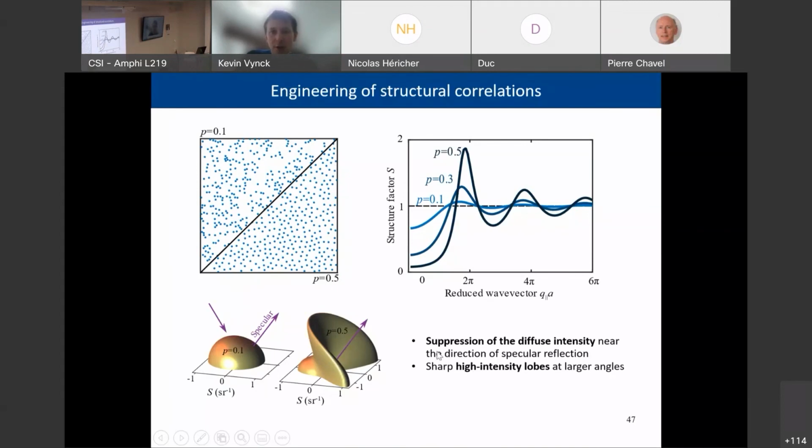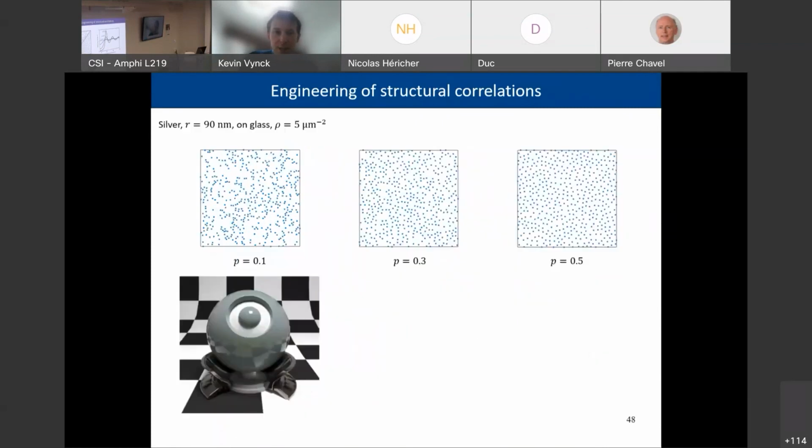And in particular, when you have strong short-range correlations, you see that you have a suppression of the diffuse intensity around the direction of specular reflection. And you have a high intensity lobe that appears at larger angles there. And the position of this lobe depends on the wavelength of interest, whereas the suppression of the diffuse intensity occurs for all wavelengths. In terms of visual appearance, this is very interesting